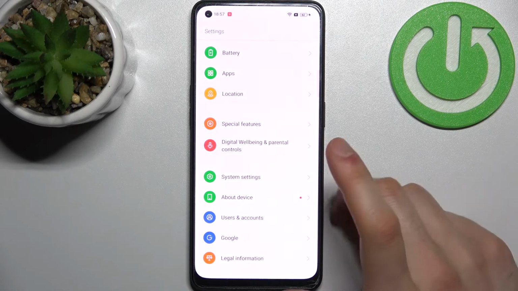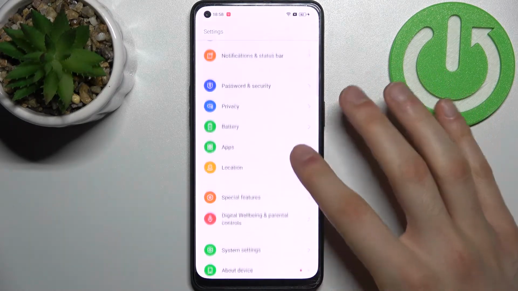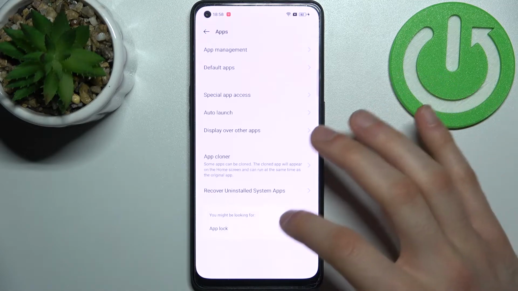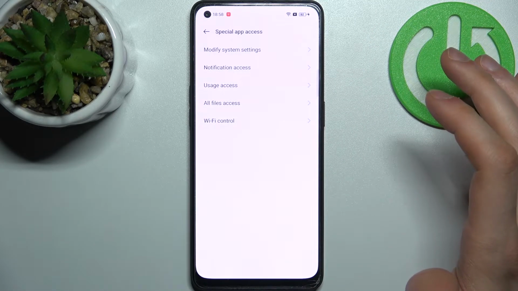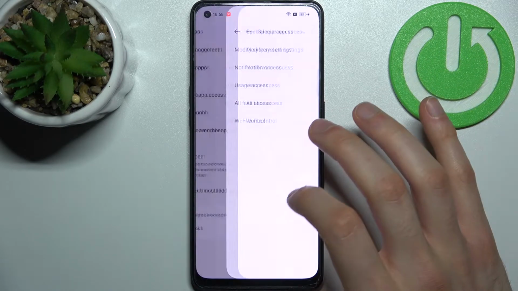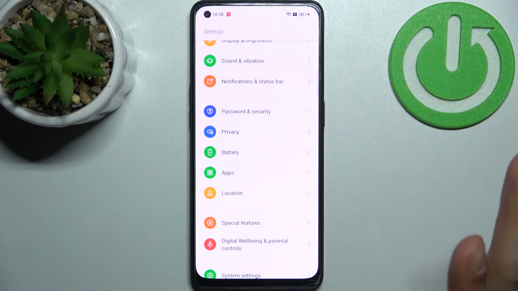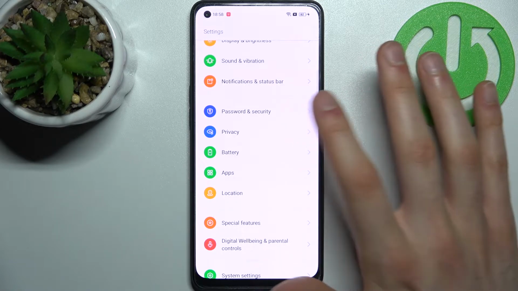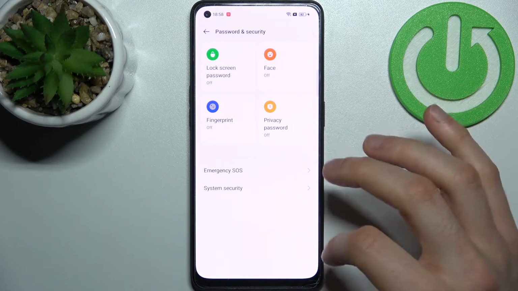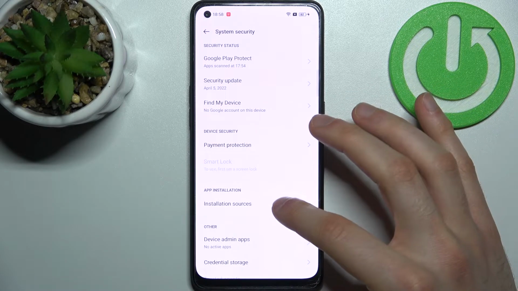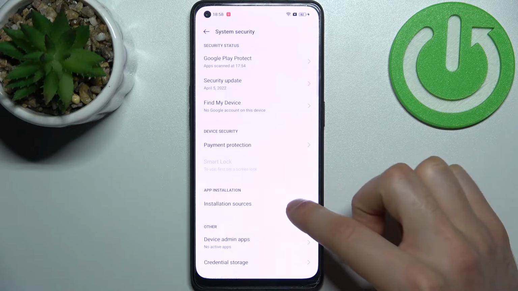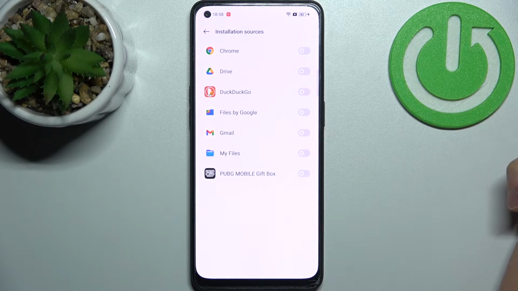So firstly you have to open settings, then go to the apps section, special app access. Okay, pardon me. You go to the password and security, then you go to the system security, app installation sources, and here you can enable other installation sources from